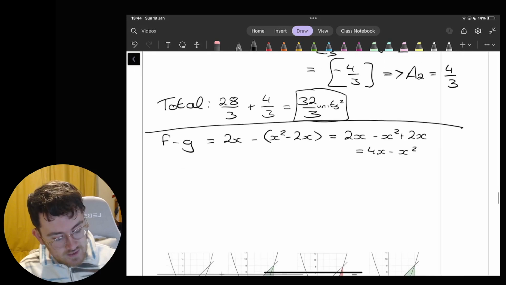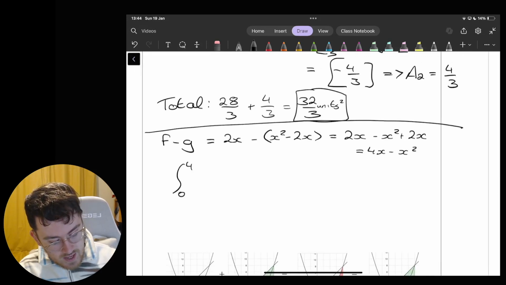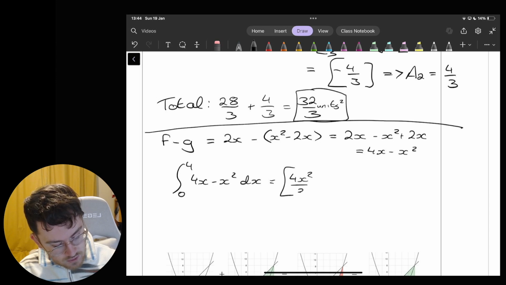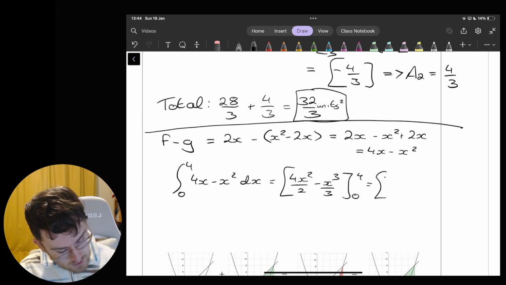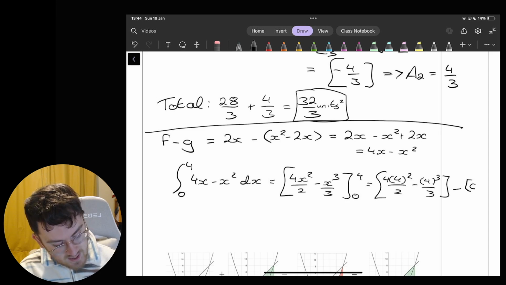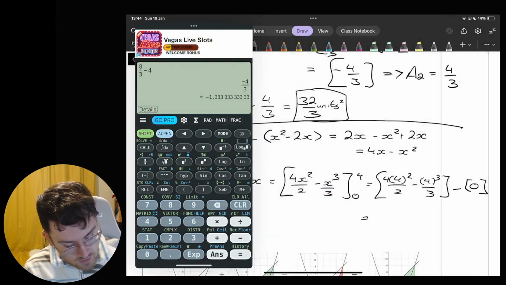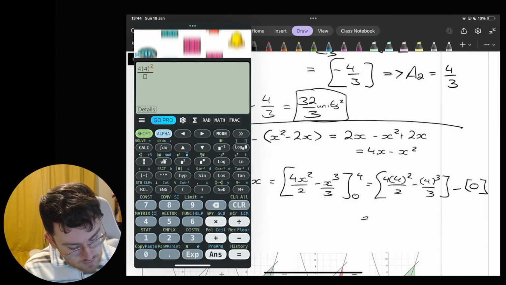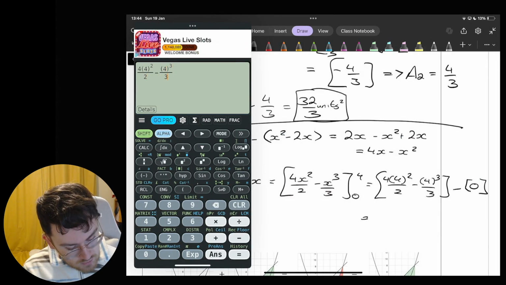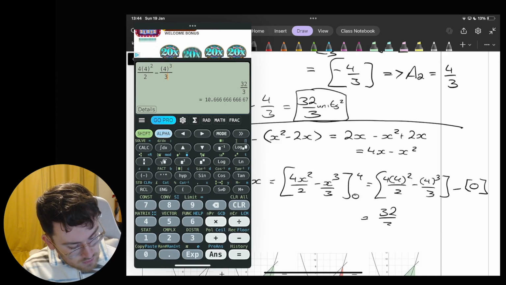Again, it's taking advantage of those rules of our integrals here. So we're going to integrate this function, which is just the subtraction of those two. So 4x squared over 2 minus x cubed over 3, just making sure we include everything correctly this time. So 4 times 4 squared over 2 minus 4 cubed over 3 minus, and that is all just going to work out to be 0 there. So let's fill it in. 4 times 4 squared over 2 minus 4 cubed over 3, and get an answer of 32 over 3